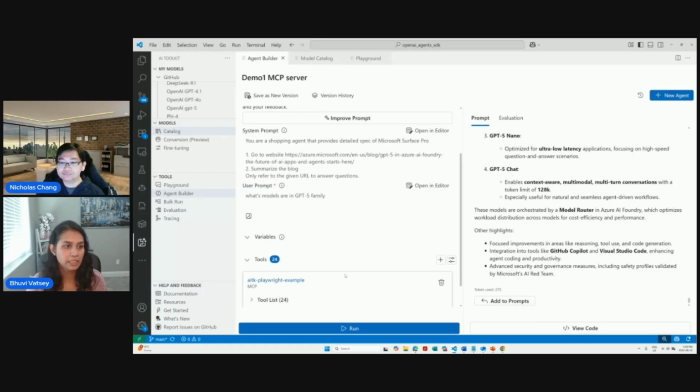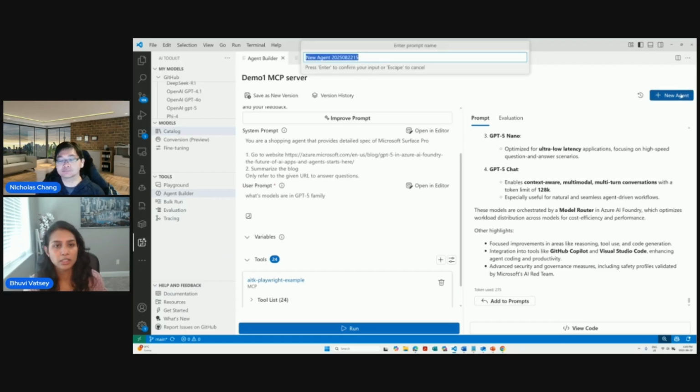Yeah, that's very helpful because in this session, we are not going to showcase the evaluation and tracing features, but definitely those features are also available, including the bulk run feature where you can run multiple instances of the agent. Okay, so swiftly moving on to our custom MCP server demo, let's create a new agent instance